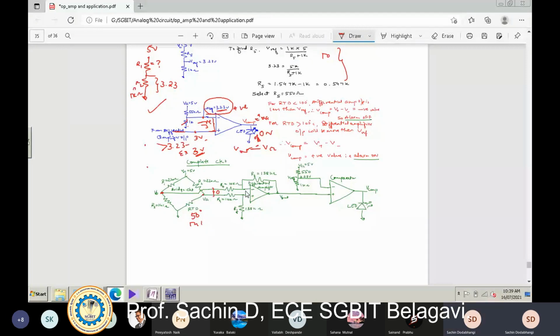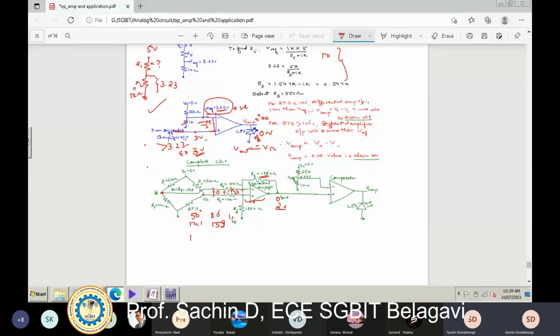Now next, for 80 degrees centigrade, 159 ohm was our resistance. For 159 ohm, VA minus VB we got 0.1447, but the required was 2 volt. So we have taken a differential amplifier with the gain 13.8, so that it is going to amplify this 0.1447 to 2 volt.